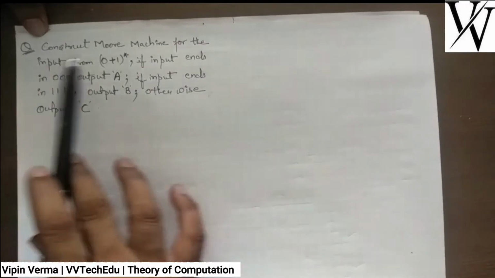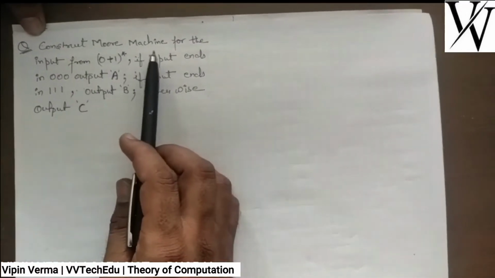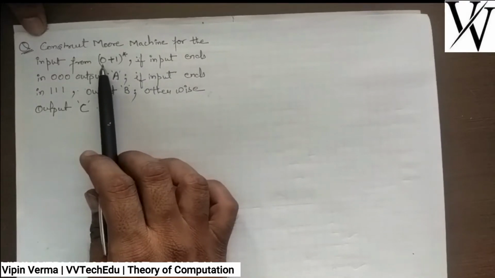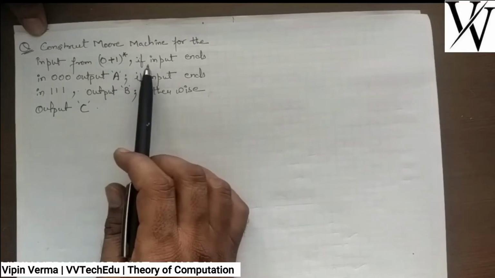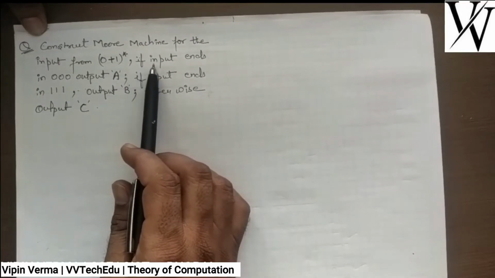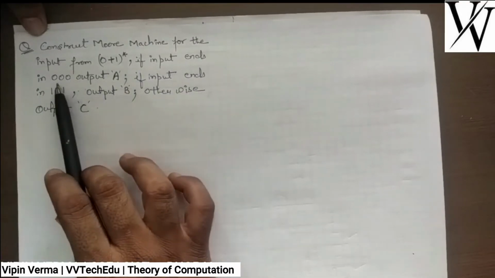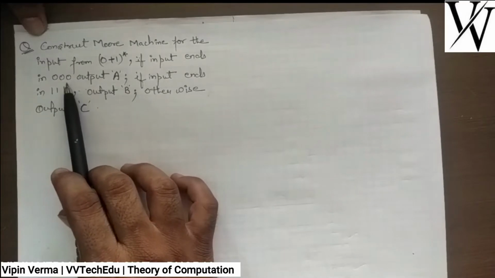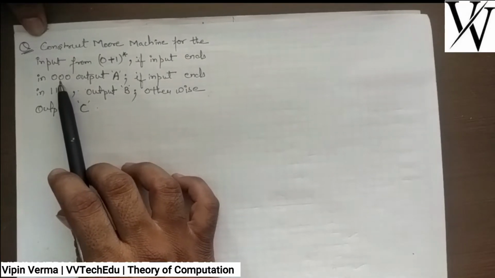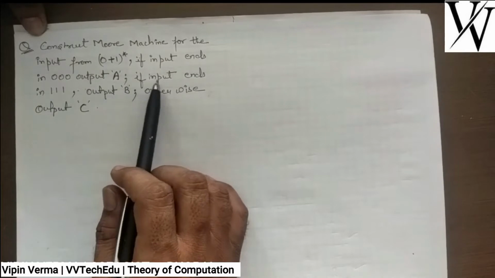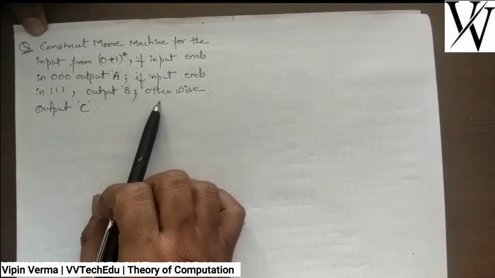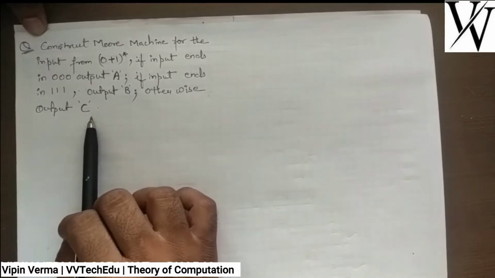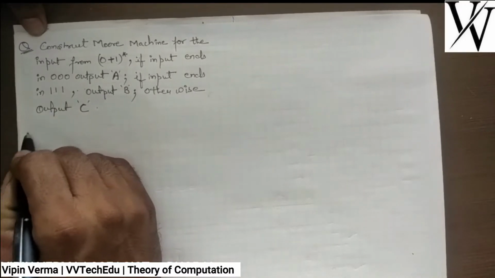What we have to understand with this problem, हमें एक Mealy machine डिज़ाइन करना है. उस Mealy machine के अंदर इनपुट 0-1 के फॉर्म में दिया जाएगा, 0-1 की स्ट्रिंग्स होंगी, और जो स्ट्रिंग हम दे रहे हैं, अगर उस स्ट्रिंग के अंदर 000 एंड में आता है, यानी कि स्ट्रिंग 000 पर ख़त्म होती है, तो आउटपुट हमें A मिलना चाहिए. अगर स्ट्रिंग 111 पर ख़त्म होती है तो आउटपुट हमें B मिलना चाहिए, और otherwise आउटपुट will be C. So we can say that